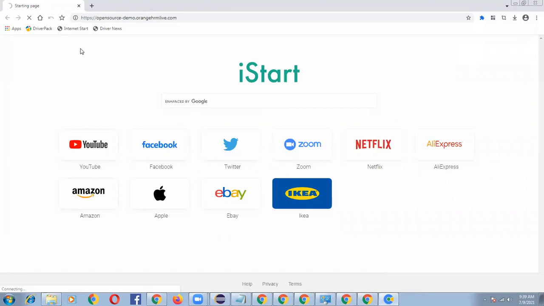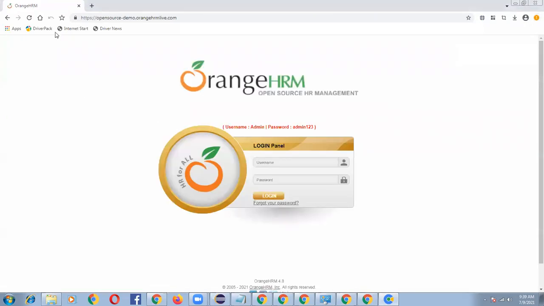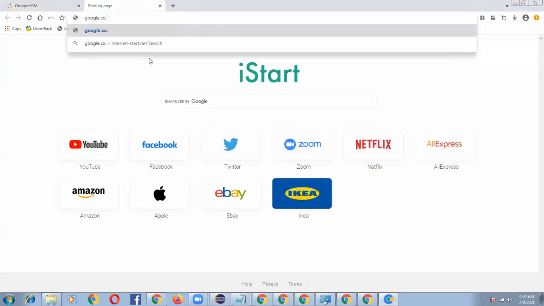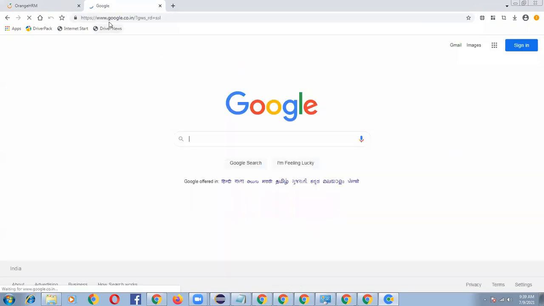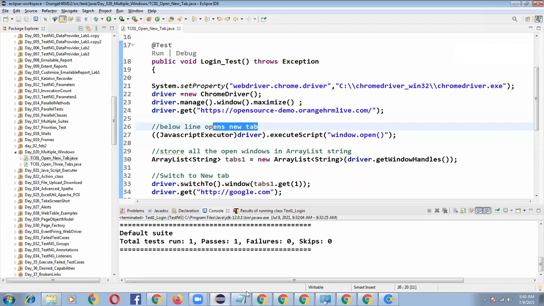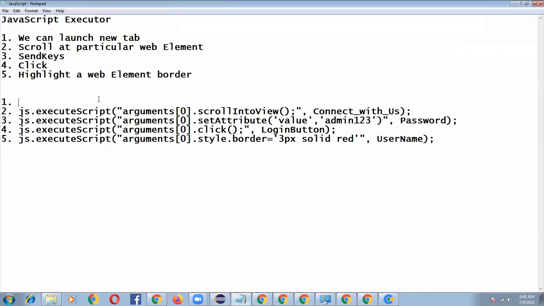And after that, I want to invoke one more new tab. So far, we are doing all the driver instructions in this current web page, but I want to open one more new tab, and I want to invoke google.co.in, some other website. So first of all, I want to know how to invoke a new tab. To invoke a new tab, we need to write like this. Whenever this line executes, it will open a new tab. So by using this approach, we can invoke a new tab.